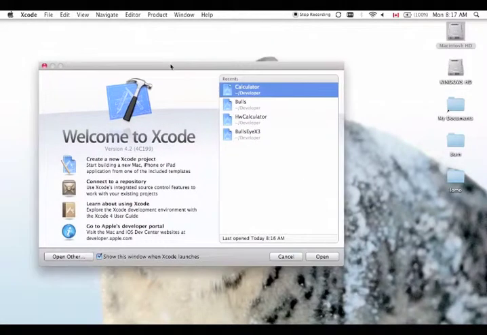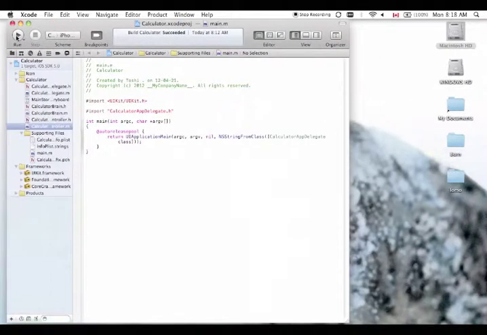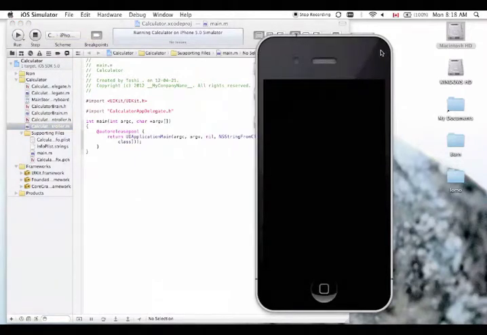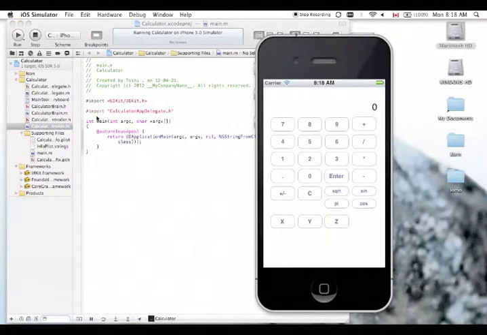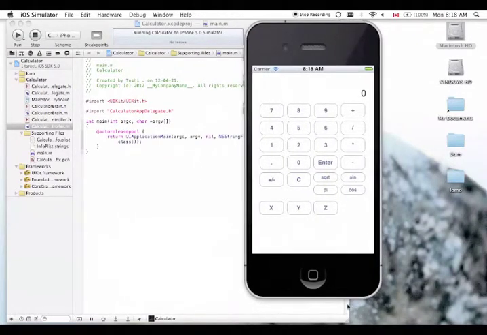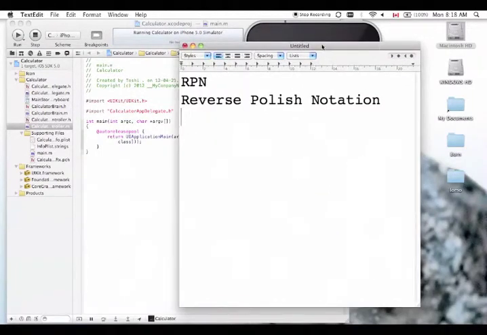The first one that I'll show you is a calculator app, which is in itself a work in progress, but I'll just demonstrate some of the features which I've managed to get running. Let's just run the emulator. Alright, so here we are, and before we start typing, let's first familiarize ourselves with the notation of